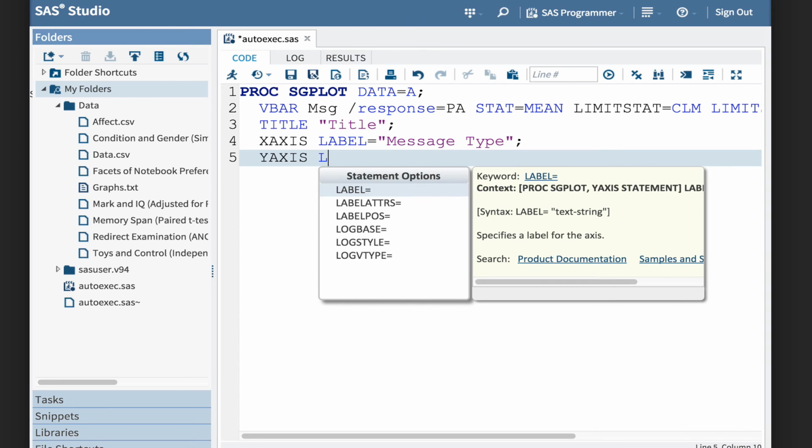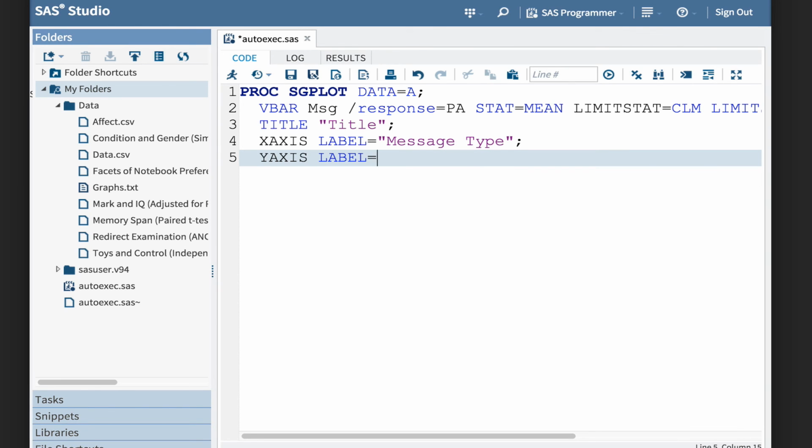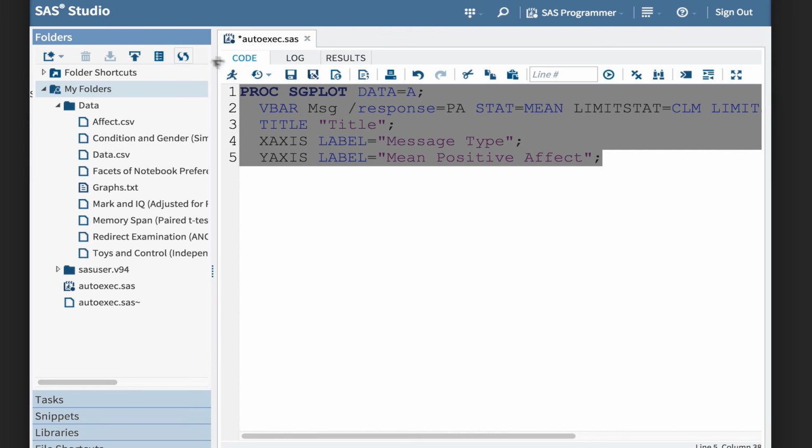For the y-axis, our label is going to be mean positive effect. Another semicolon. If we hit run on that,